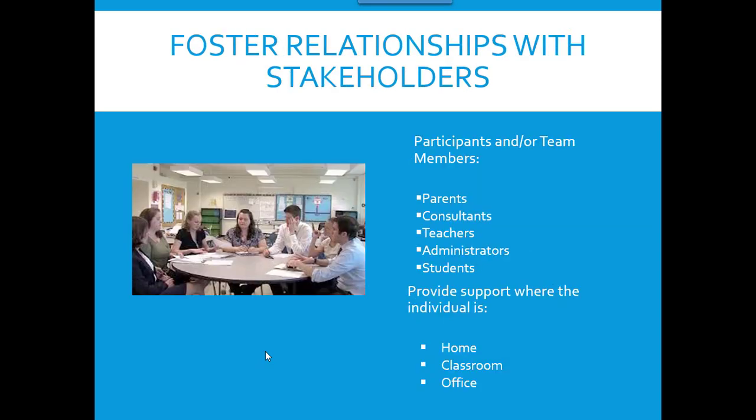You want to make sure that stakeholders are involved, and stakeholders are bigger than just the teachers. These are pretty much everybody who's affected. So parents, consultants, teachers, administrators, students. Sometimes stakeholders can also be employers. When these children graduate from high school, what do they do after that? What jobs are they going out to hold? What universities do they tend to be going to? And what do those stakeholders at that level want your kids to know, for them to have the skills to do what they need to do?